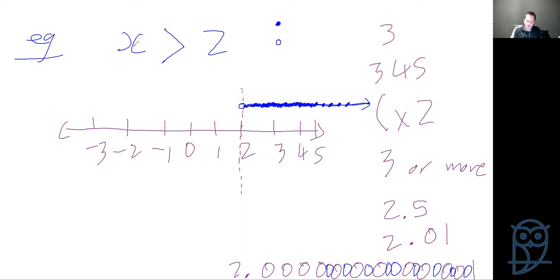What happens if it was greater than or equal to 2? How is this different to just strictly greater than? Well, it's different because I now have one singular more point, and that is the actual value of 2. And to be specific enough that we include 2, we literally make a colored dot like this on 2, and then the arrow. So just to tidy this up a little bit for you,